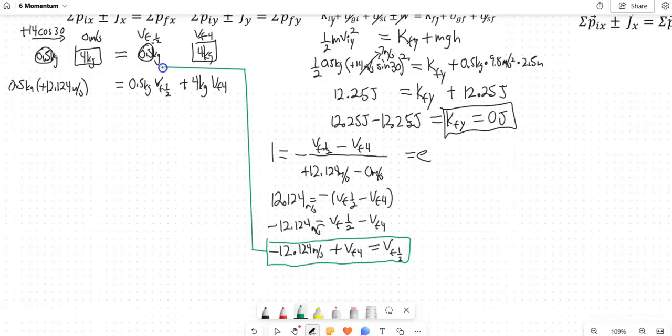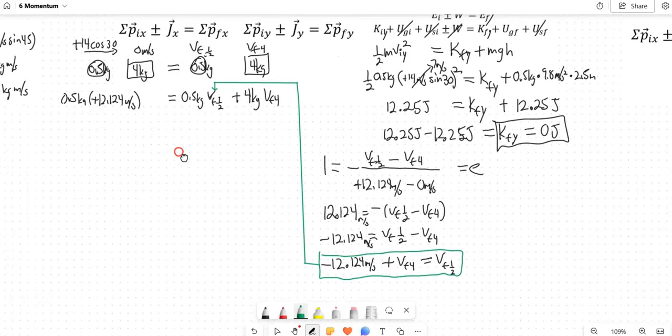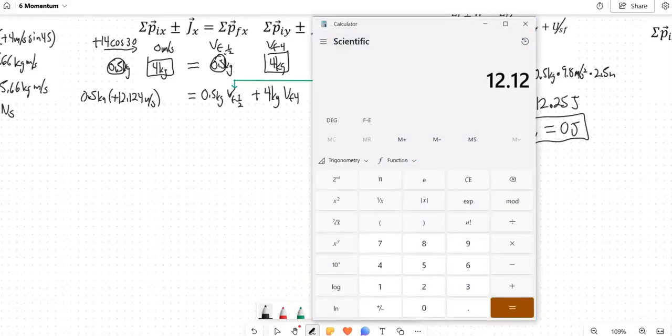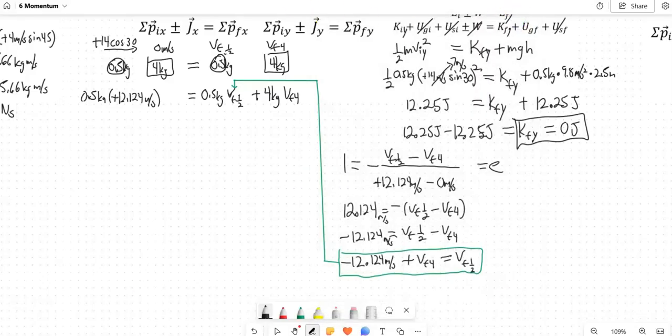We're going to sub it into right here. Now, 12.124 times a half, divided by 2, 6.062. So this is going to be positive 6.062 meters per second. Now we're going to put our 0.5 kilograms, and we're going to multiply both sides by this negative